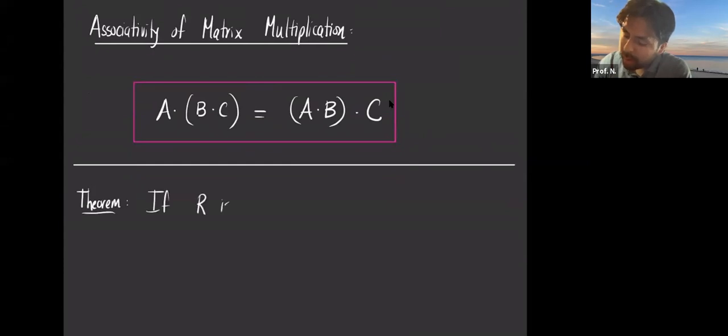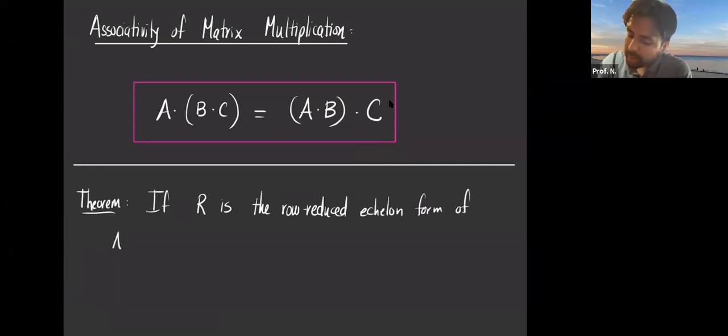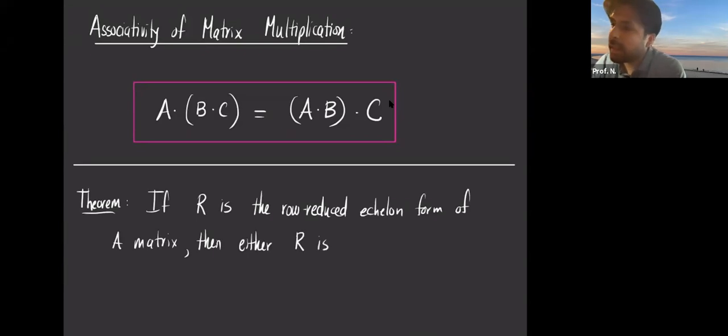If R is the row reduced echelon form of a square matrix, then either R is the identity matrix,